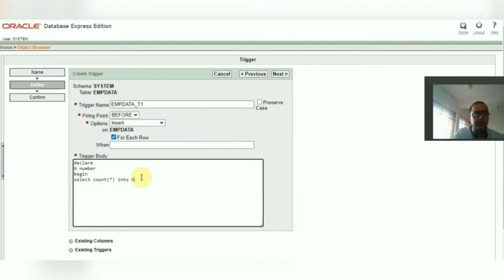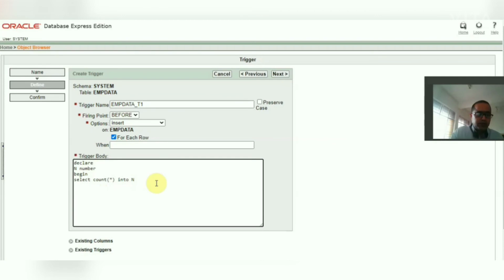Select count star into n means it will count the number of records, and the count value will be stored in number format in n. So the value of n goes from 0 to 1 to 3 in case there are two same records.